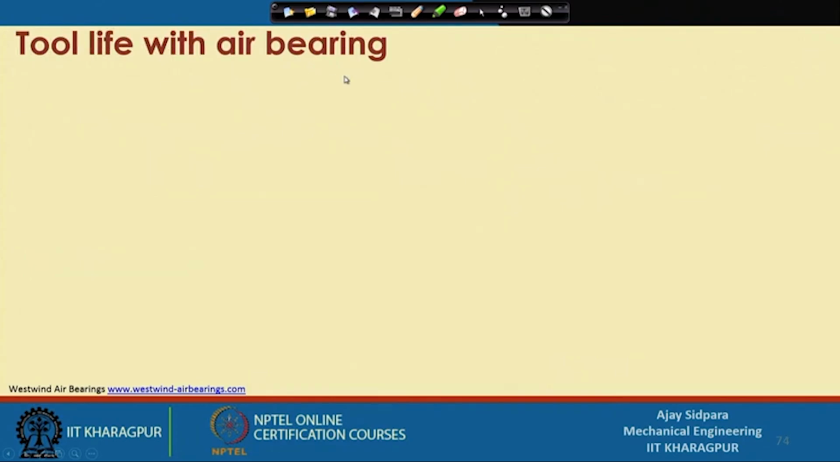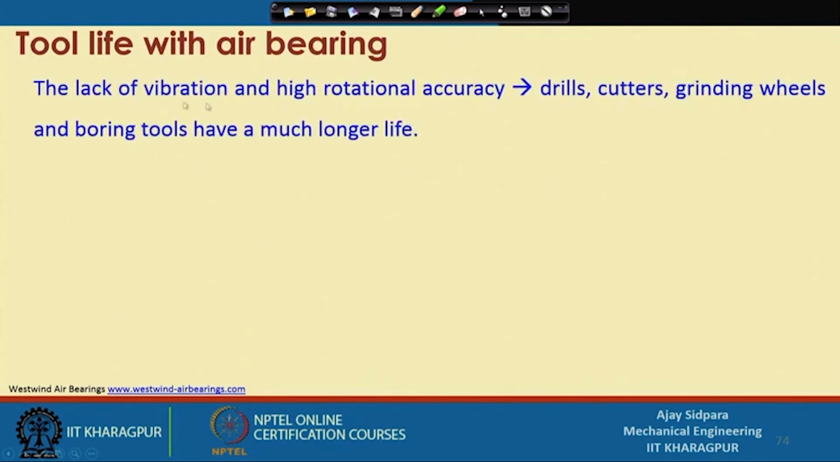Tool life with the air bearing. So, how will it affect the tool life? Lack of vibration and high rotational accuracy mean drill cutters, grinding wheels and boring tools have a much longer life. Now, what is the advantage of this? We know that if there is a vibration,